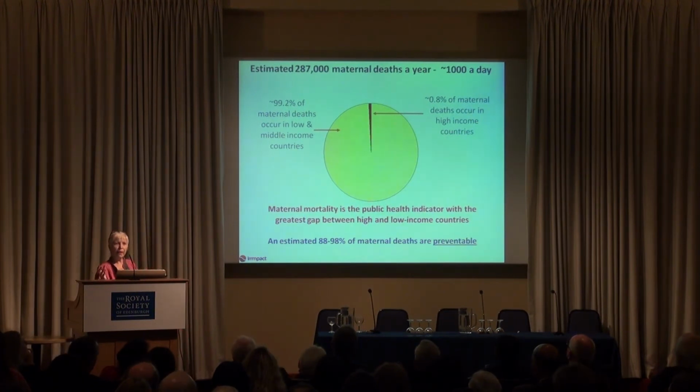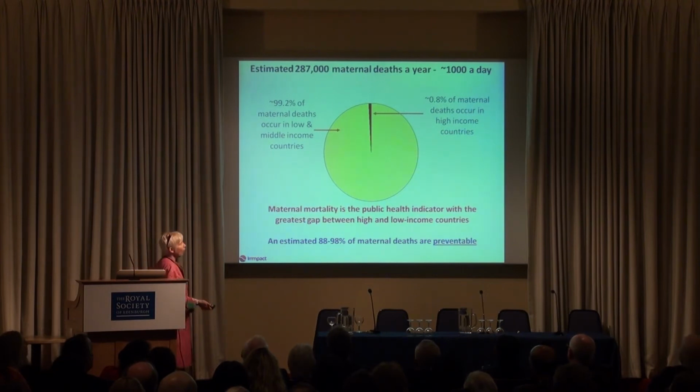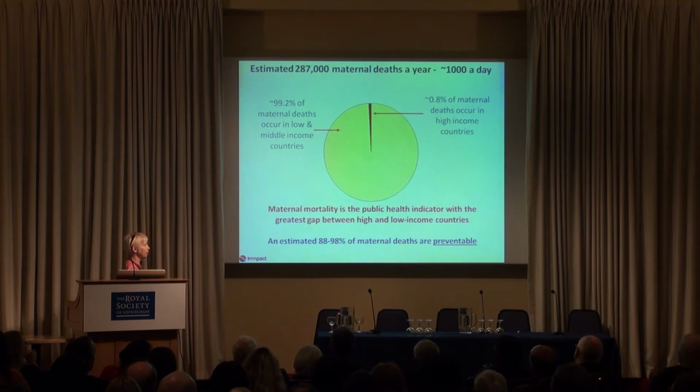287,000. Remember, we have the evidence to prevent maternal deaths at one level. The global distribution shows you the inequity of where deaths occur, with virtually none of them happening here. We have about 155 maternal deaths over a 3-year interval in this country. Here we are seeing 99.2% of the global total lies in the developing world. And it has the accolade of being the largest indicator of the gap between rich and poor countries in terms of a public health indicator.